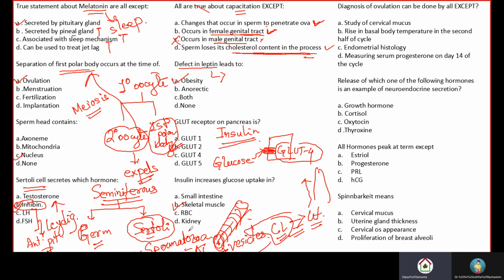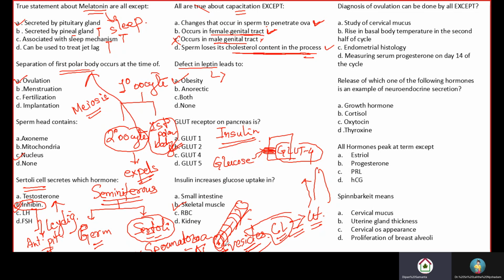What happens is that mature spermatozoa from the Sertoli cells, which line the seminiferous tubules, come into the lumen of the seminiferous tubule, and the spermatozoa will be exposed to vesicles containing cholesterol,